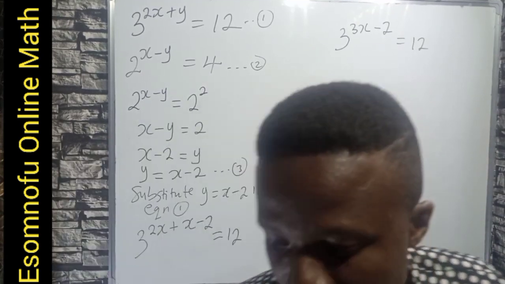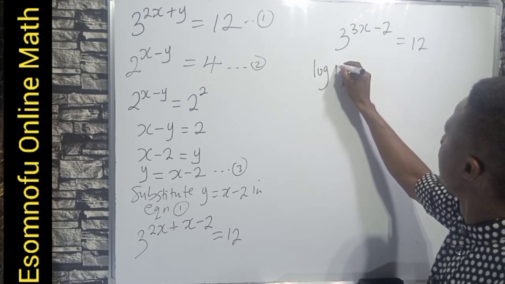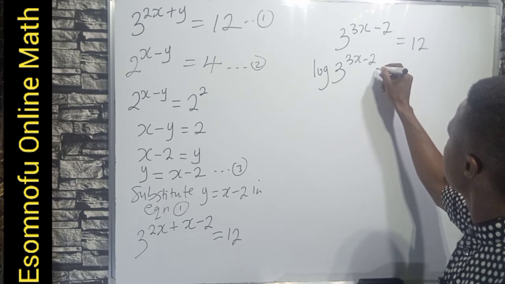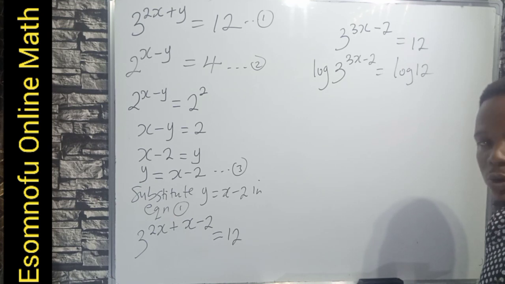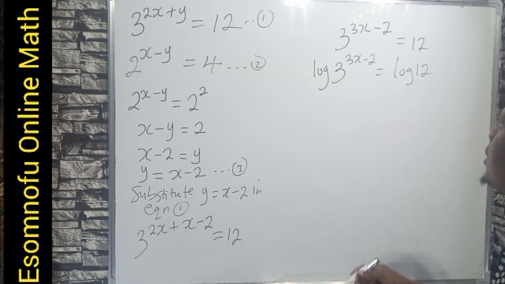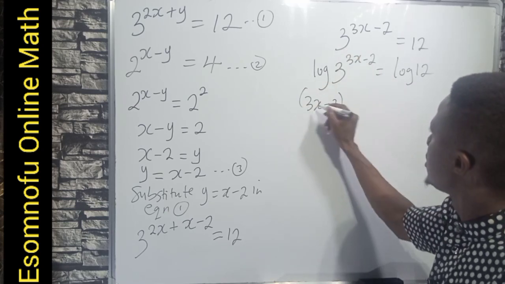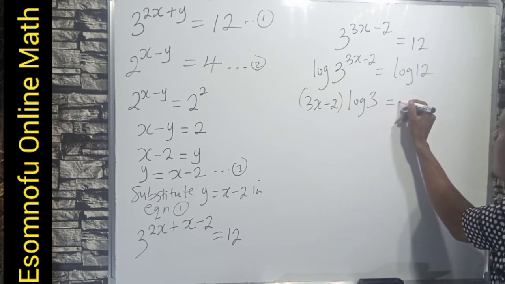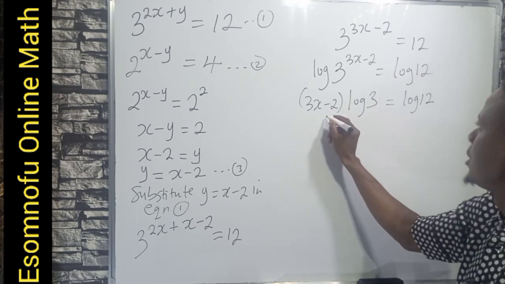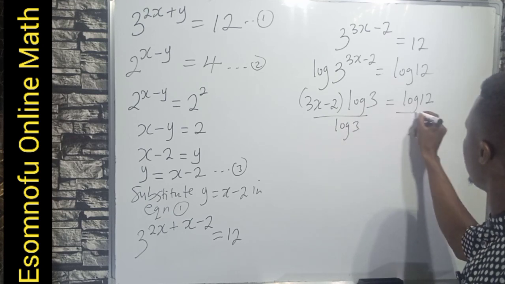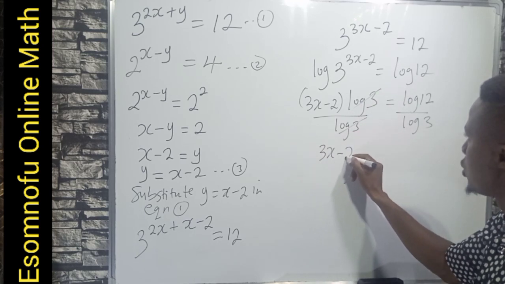So what we do now is take the logarithm of both sides. So you can have the logarithm of 3 to the power of 3x minus 2 is equal to the logarithm of 12, because in an equation, whatever you do to both sides will not affect the value of the equation. Now, from the laws of logarithm, the power can come to the front, so you shall have 3x minus 2 log 3 is equal to log 12. So to get the value of 3x minus 2, I will divide both sides by log 3. You shall now have log 3 over log 3. This will cancel out. You shall now have that 3x take away 2 is equal to